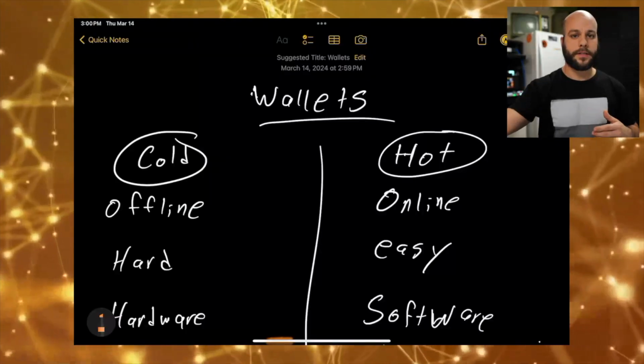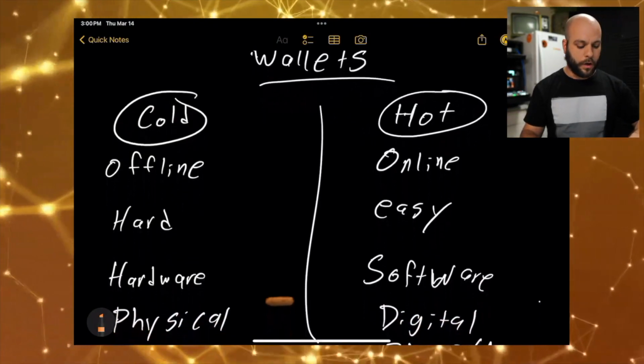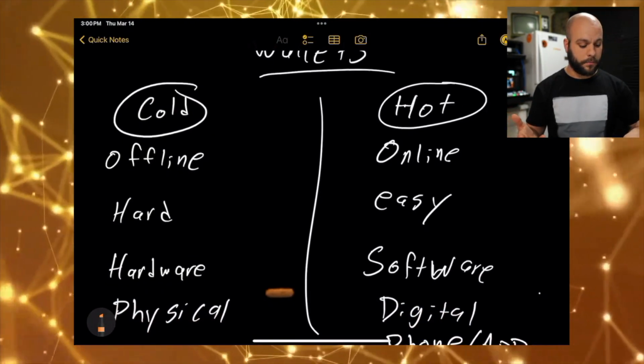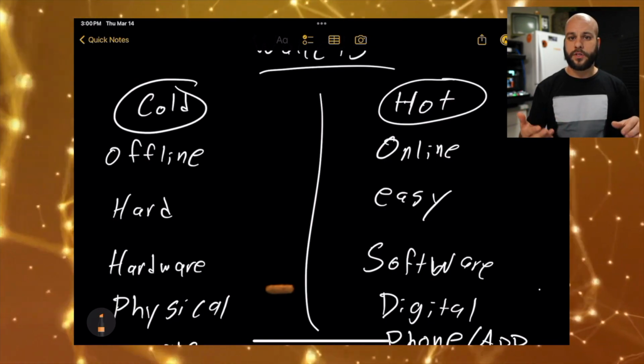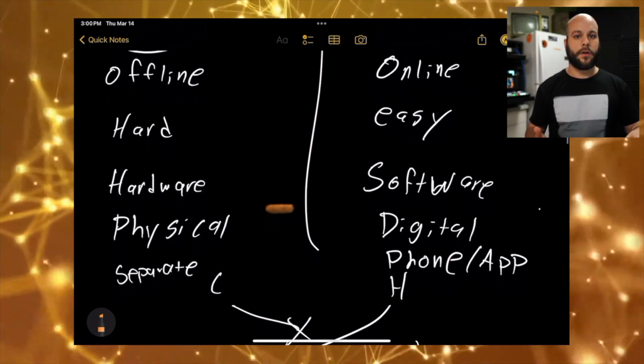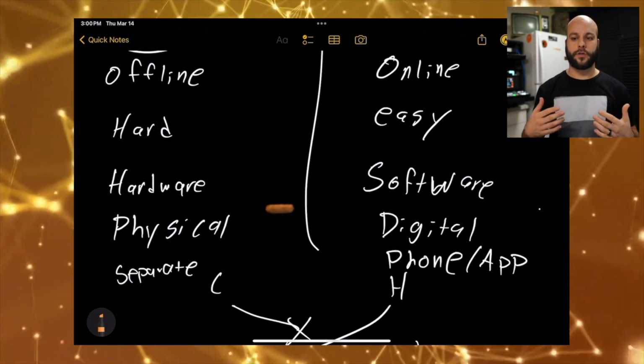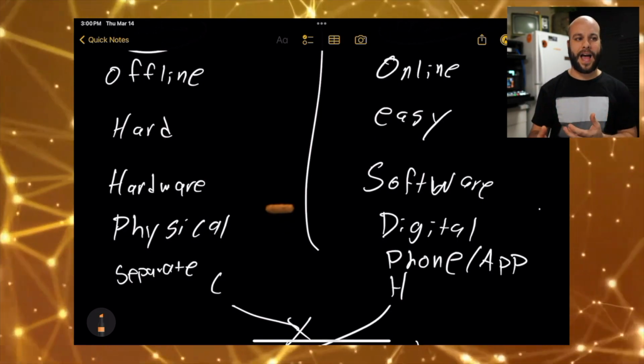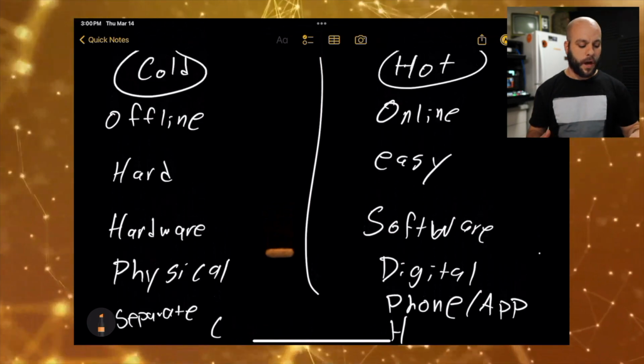Something else to talk about is that everything I've shown you so far, the wallet that we've looked at, has been an online wallet. And there are two different styles of wallets that I'd like to take a look at and talk through. Today, we looked at the hot wallet, which was mutinywallet.com. This is a pretty simple wallet. It's one that's easy to understand. It's software based and it's digital. Obviously, it's going to be on a phone, on an app. And the other kind of